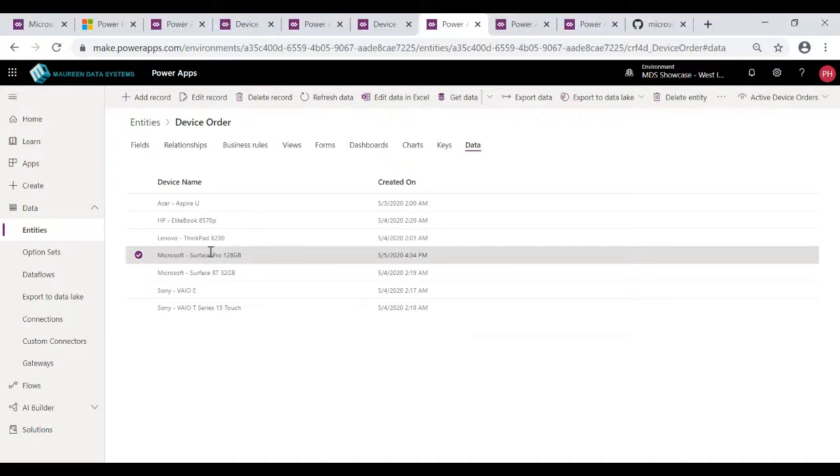And now one of the things you can say is, all right, we have our data. Again, this was a very straightforward solution, but you can imagine if you are creating a more complex application, maybe an invoice with a number of fields that you want to be able to report on. Now you have that data and you're storing that data. Within this environment, maybe you would like to take that data and move forward and perhaps provide that